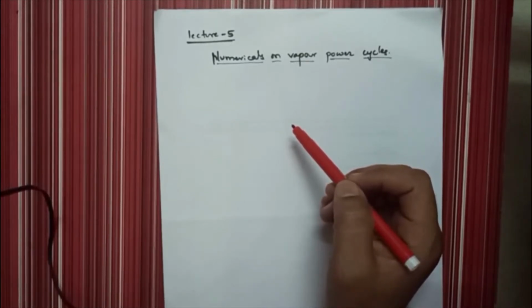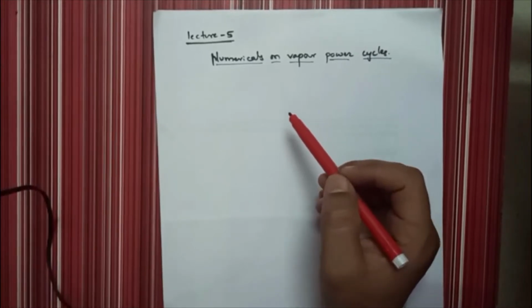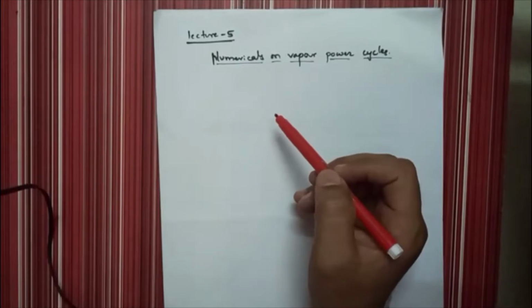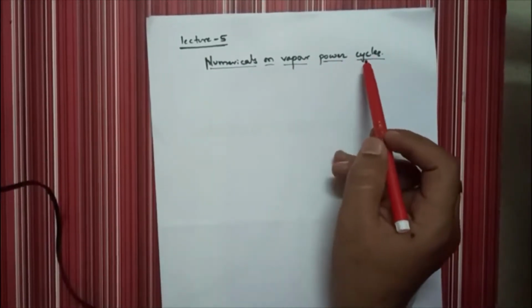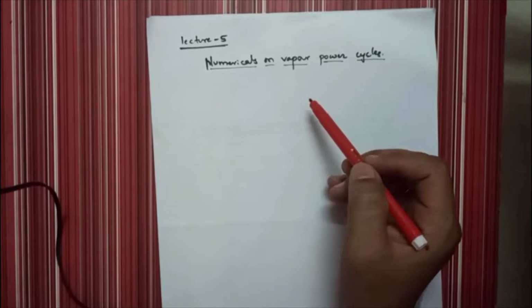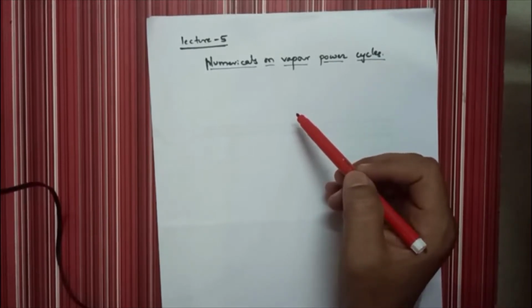And as well as we discussed the formation of steam. Okay, these are the 4 theory topics we discussed in the previous lectures. So today we will discuss numericals on vapor power cycles. In numericals on vapor power cycles, there are 3 types of problems that will come into the picture. So type 1 problems, type 2 and similarly type 3. So we will discuss those numericals here.